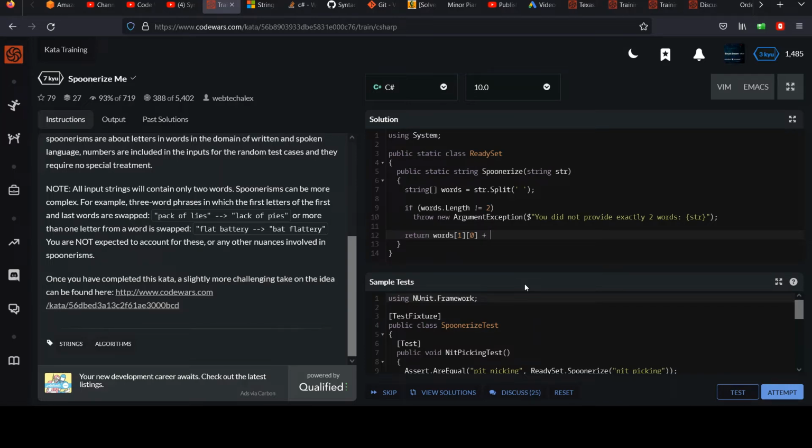And I want to combine this with the rest of the first word, right? I want to skip the first letter of the first word. So I could say words 0, right? Gives me the first word, but we don't want that first character. We want to skip the first one and take